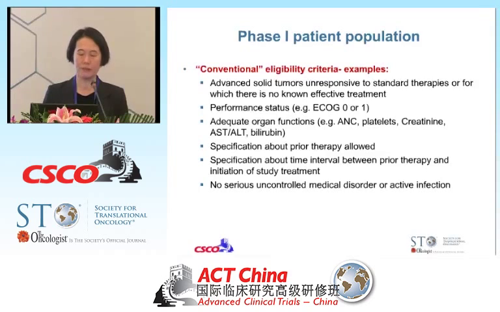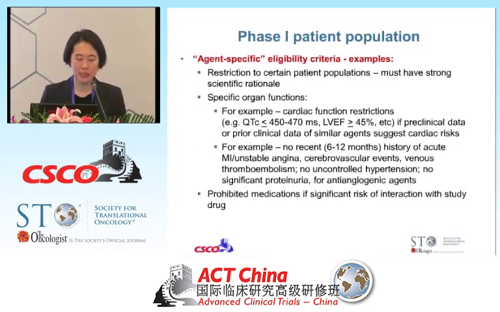And then there are obviously other very standard criteria in terms of organ functions, previous treatments allowed, washout from therapies, etc. Then there are agent-specific eligibility criteria. So if you were testing an HDAC inhibitor that I alluded to earlier, where you know that QTc prolongation is something you're worried about in terms of a liability, a risk, you might want to specify what is the threshold of baseline QTc level that you would allow patients to come on, because you do not want them to already be at risk before you even treat them with your study drug.